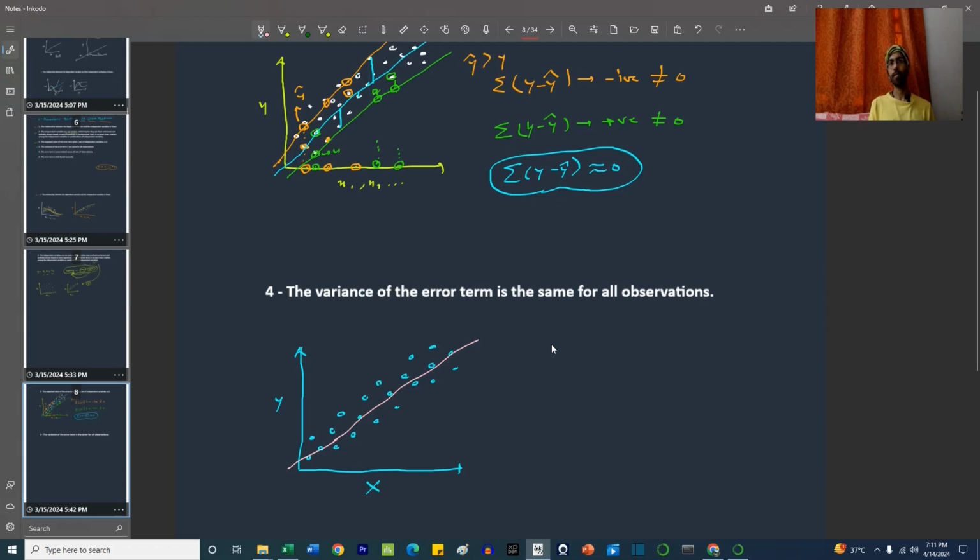What is the variance? Let's say if we take this set of features, we draw this. This is basically the y, and the predicted value which is on the regression line is the y hat. We do it for each and every data point, and we calculate y minus y hat, then we square them